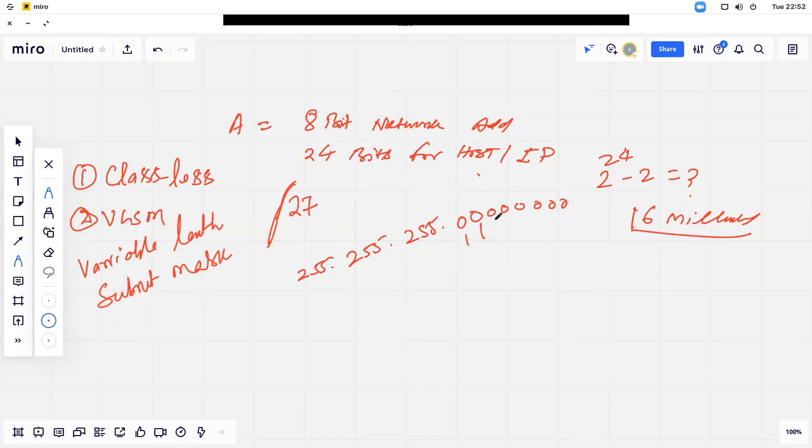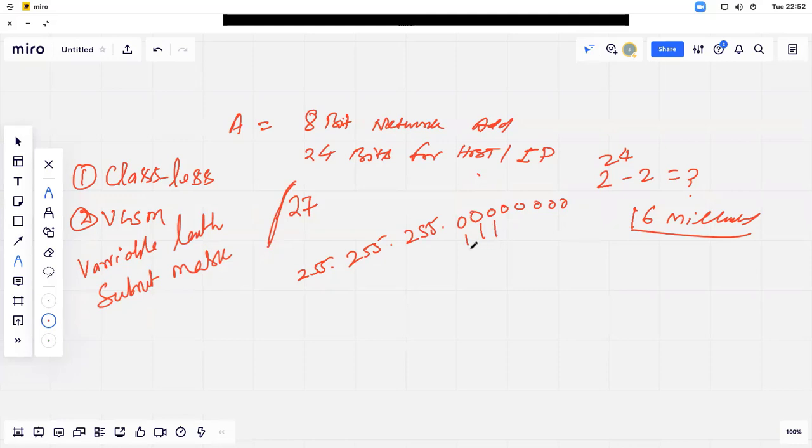1, 2, 3. As I told you yesterday, the on bits are the network address and the off bits are the host address, or you can say the IP address. So now I have turned on these 3 bits from the leftmost side, starting from left to right, to complete 27 bits. Earlier it was 24 and now I have taken 3 bits. Now I have completed my requirement. We have created 27 bits.